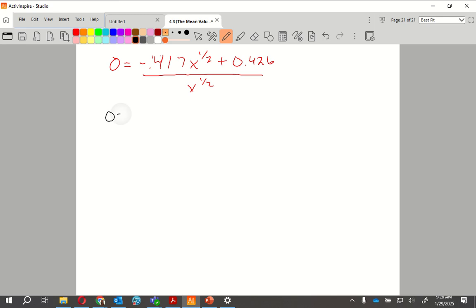So I get 0 equals negative 0.417x to the 1/2, subtract, I get negative, divide by